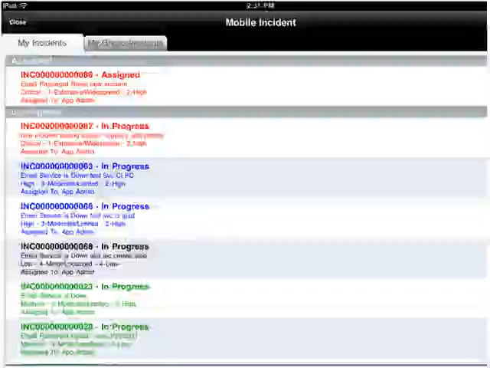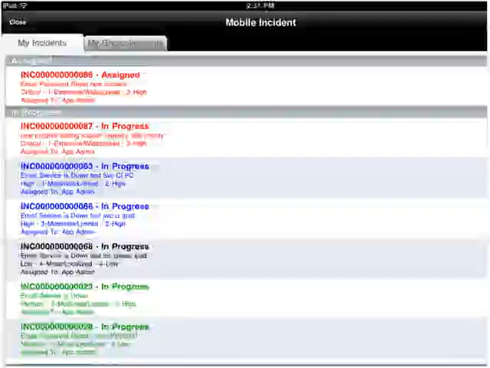So you see that what we're listing here are all the incidents of the work order items that are assigned to me. You'll see that they're listed under a tab up here at the top called My Incidents. There's another tab in the background called My Group Incidents. So if I had nothing in my list and I wanted to pick up something in my group